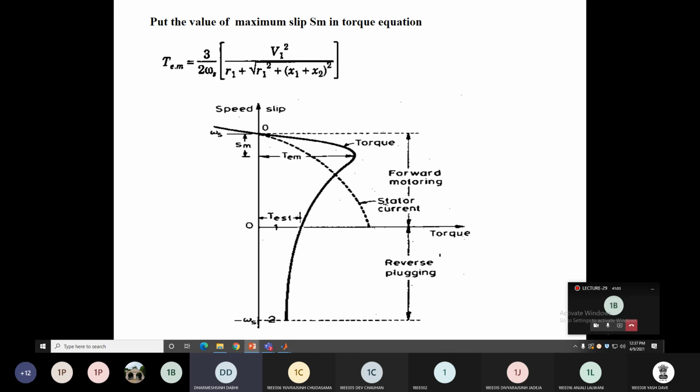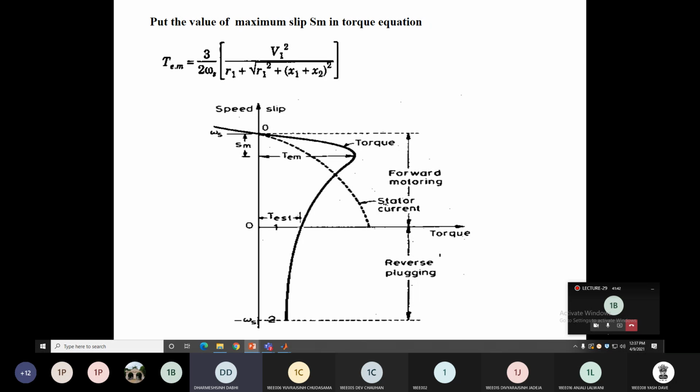Thereafter, we will understand how to control the speed and torque of the induction motor by using power converters. I hope all of you have understood the concept. As you can see, the three-phase induction motor is energized from a three-phase voltage of constant frequency, and motor torque, as we know, is a function of slip. So for different values of slip, the speed torque characteristic of the induction motor is different.